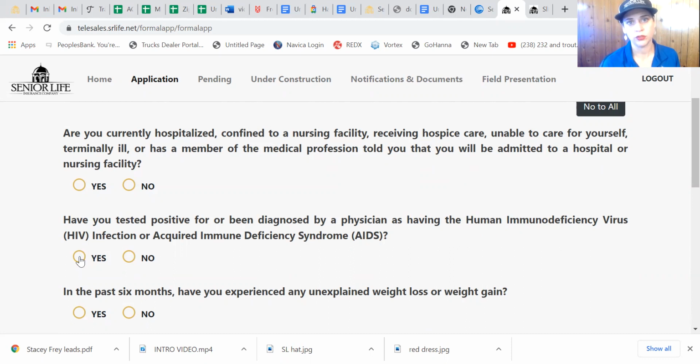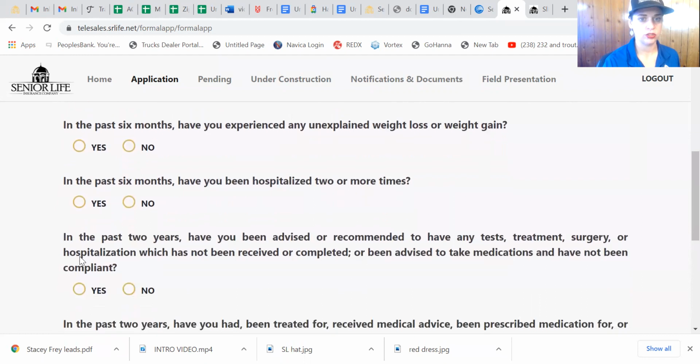It's going to bump you down to guaranteed issue, because we do approve everybody. It doesn't matter if you've had cancer, HIV or AIDS, or are incarcerated or in a nursing home, it's going to be guaranteed. So that's what it's going to knock you down to. So if any of these questions pop up and they do tell you yes, you're just going to have to